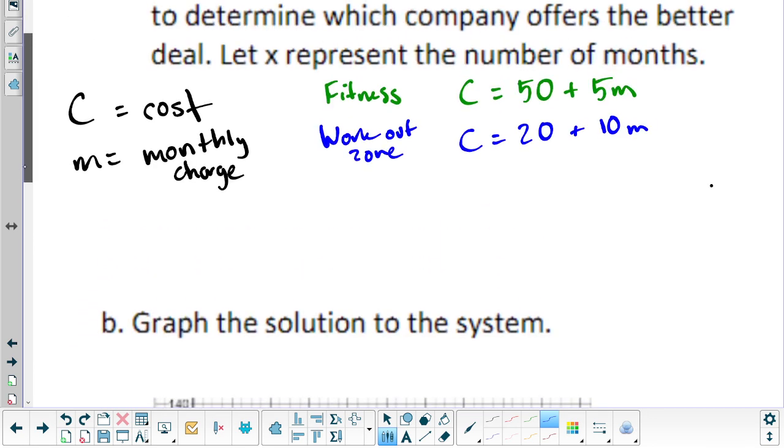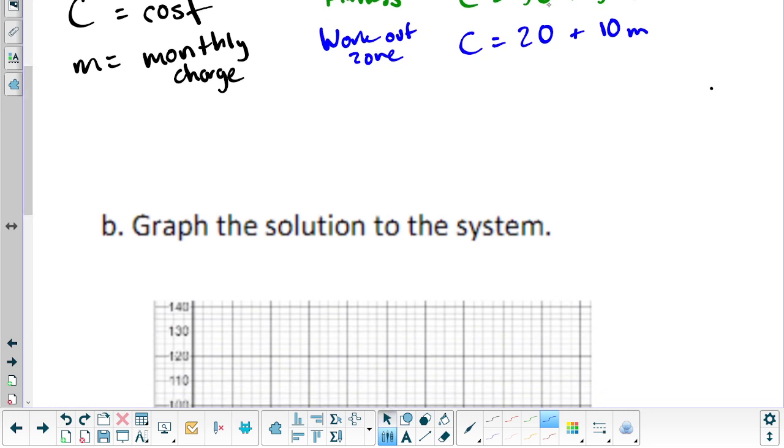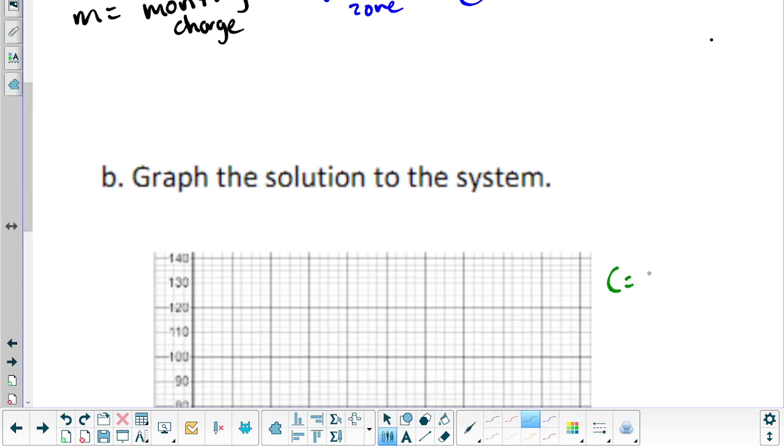Well, if we graph these and figure out where they cross, then we can just answer the problem, right? We don't have to do any elimination. We don't have to do anything like that. We can just graph to solve. Okay, so I'll copy them down over here once again. It was, for my first equation,